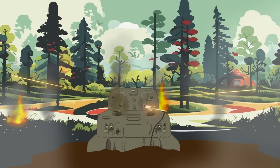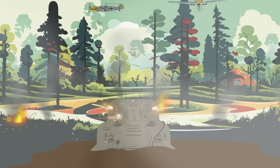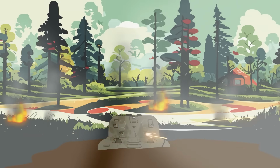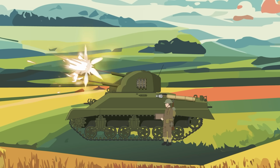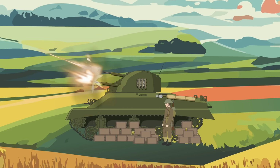After some testing, it was determined that the welded turret was too difficult to manufacture, so a cast turret was developed instead. This led to issues, as the cast turret was difficult to balance on the chassis and had to be redesigned. Once this issue was sorted out, another problem was encountered. It was decided that the Hispano-Suiza cannons were no longer suitable since the ammunition was in such short supply. The turret once again had to be redesigned to fit Polston cannons, a simplified version of the Oerlikon guns used